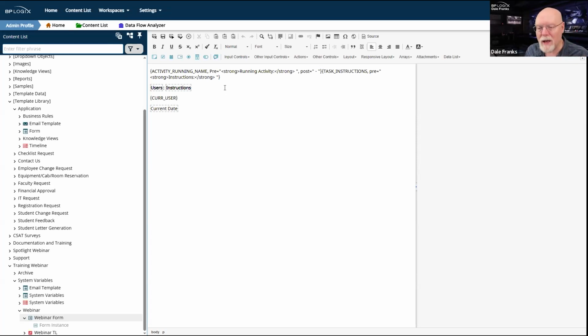So this is an alternative way. You have to know the system variable syntax a little bit, and you have to be sure that you write things down correctly. But assuming that you do this, you can actually just have that appear and disappear right off of your form without you having to worry about conditions or anything like that.